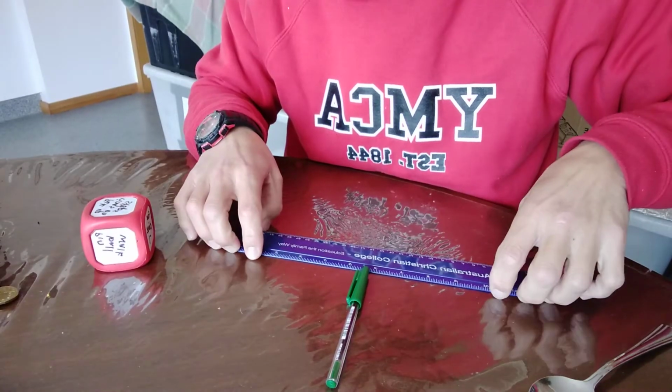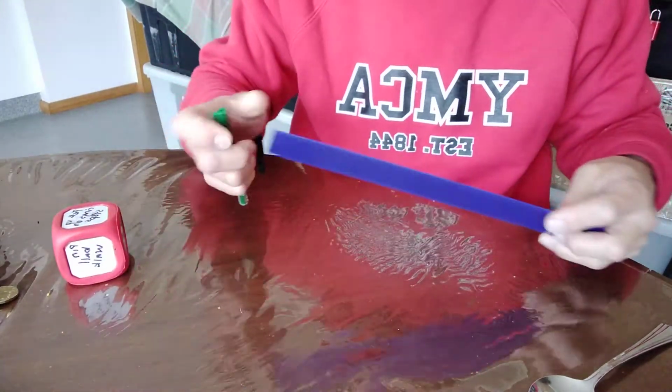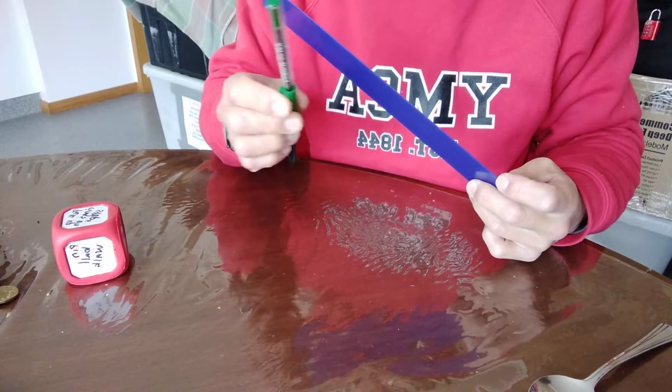Well, good morning everybody. Today we're doing simple machines and I'm going to show you in this video how we can use just a simple ruler like this as a lever, and I'll show you how it works. Now you should be able to see, this is my kitchen table, my dining room table. I've got my ruler. Now a lever is any rigid bar that pivots on what we call a fulcrum or